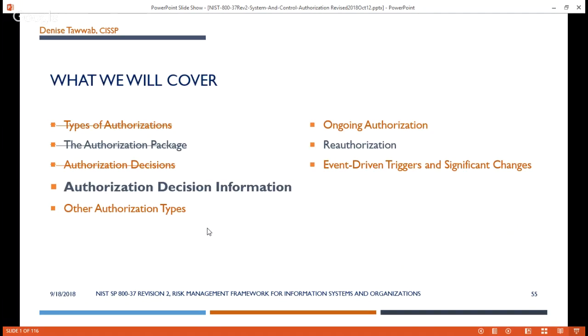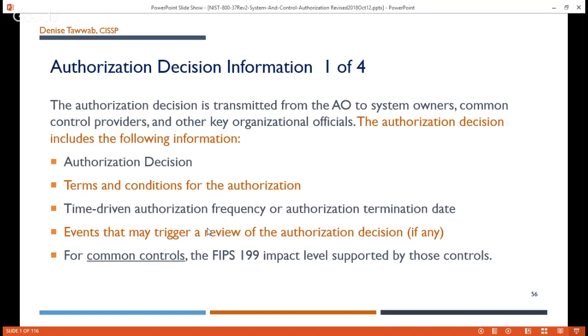Okay, next up, we're going to talk about the authorization decision information. What's included in the authorization decision? The authorization decision is transmitted from the AO to system owners, common control providers, and other key organizational officials. The authorization decision includes the following. It includes the authorization decision document,